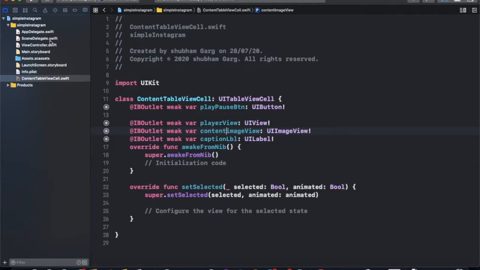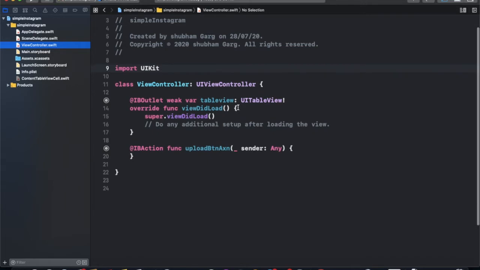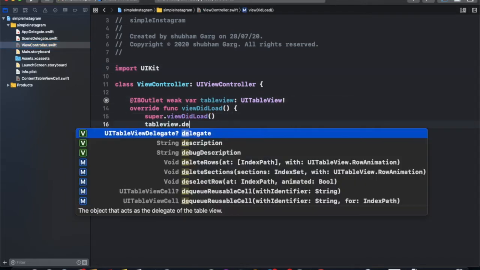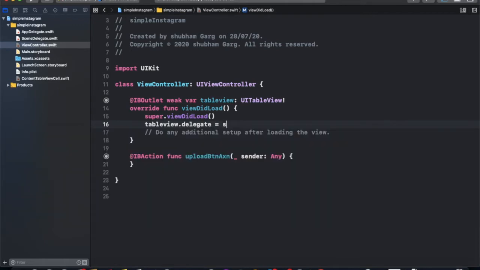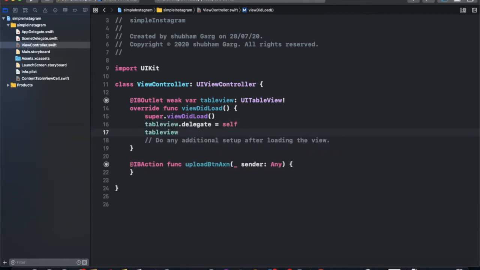Now we need to go with some logic. So firstly, we're doing a basic part, like we have a table view. So we are setting the delegate and data source. Now we use an extension.